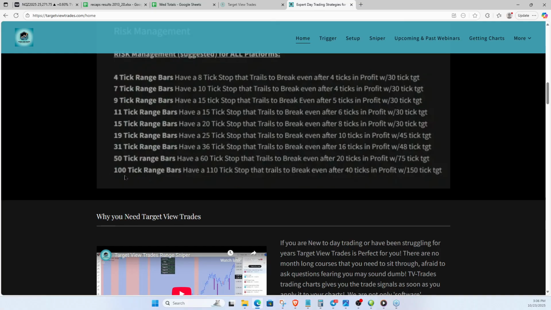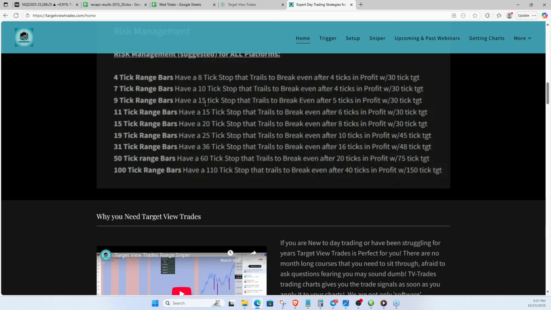But the higher the bar size with range bars, the lower the percentage of the stop needs to be. For instance, right here on a 4-tick range, we have an 8-tick stop. That 8-tick stop is twice the size of the bar. On a 7-tick, we have a 10-tick stop. That's like 150% of the bar size. On a 9, we have a 15-tick stop.